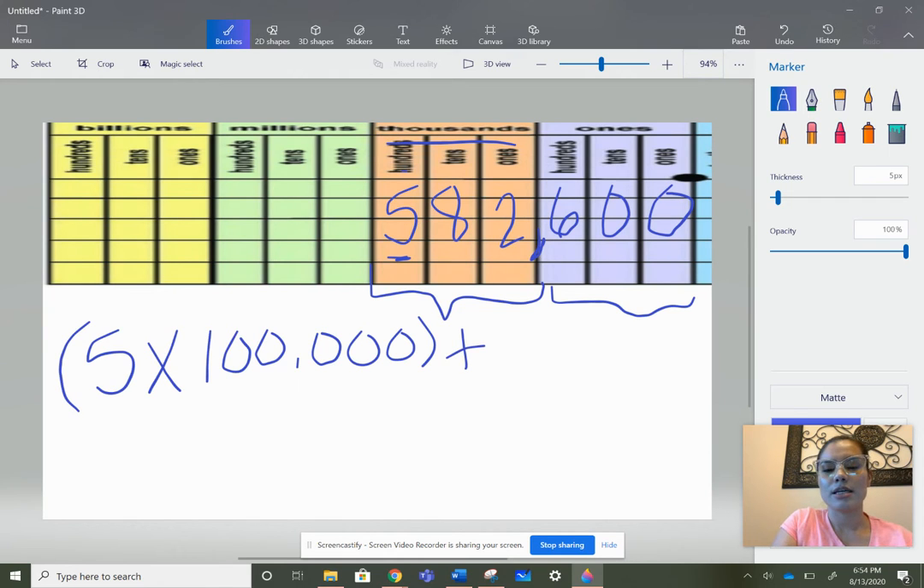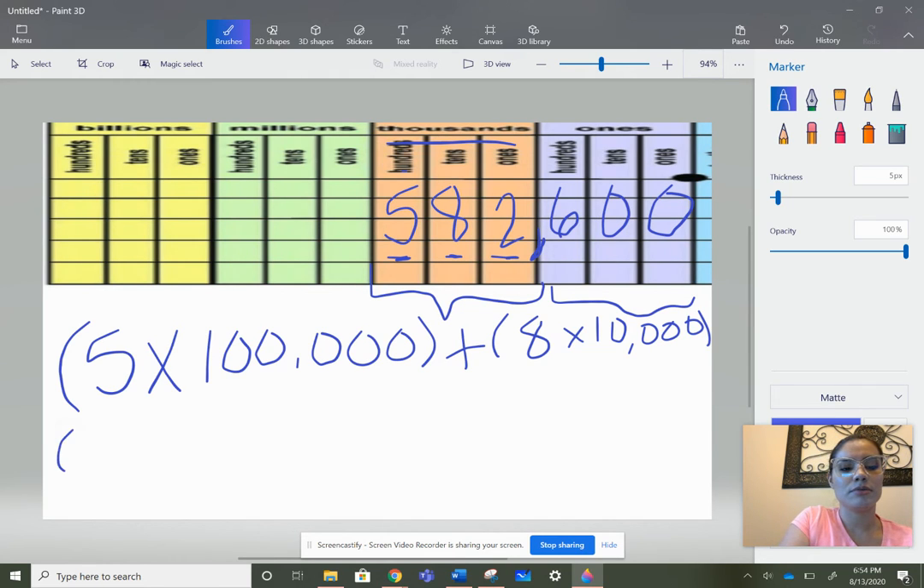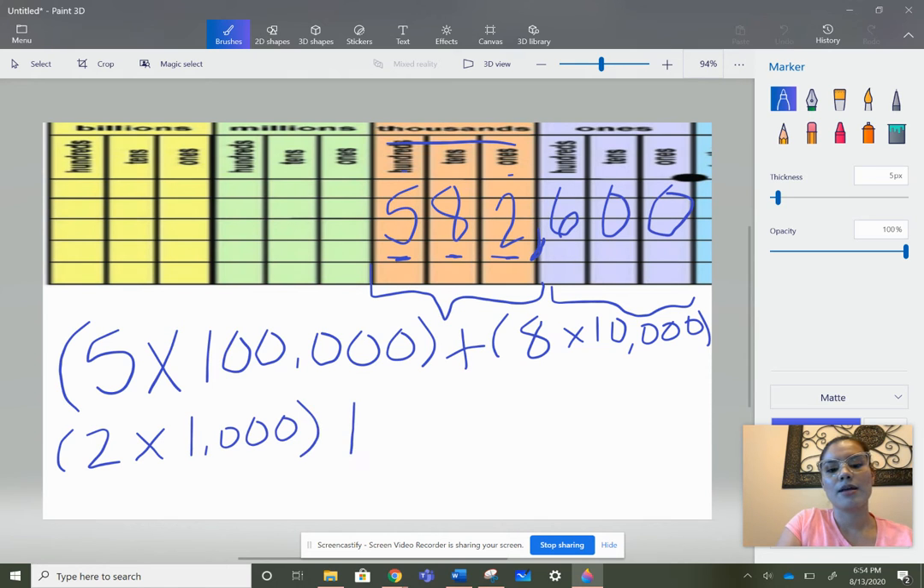And then I take the next digit, which is the 8. The 8 is in the 10,000s place, so times 10,000. And then I take the next digit, 2, and the 2 is in the 1,000s place. And then I add, and my next digit is a 6, and the 6 is in the hundreds place, so